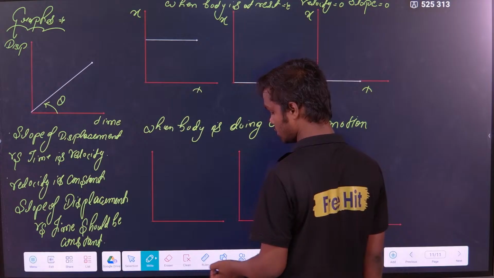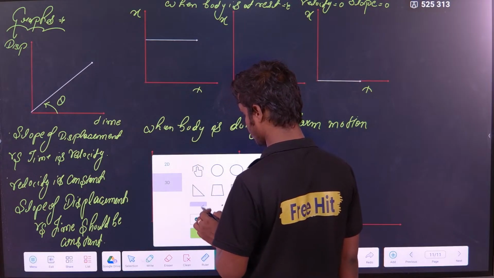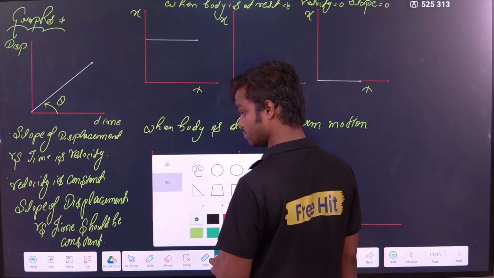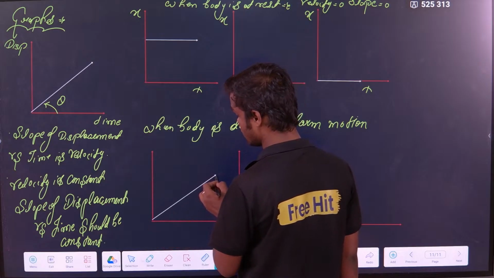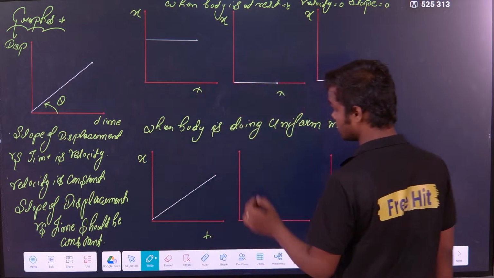And in that case, what are the curves I will get? What are the different types of curve you will get? Logically think. First is this curve. Second,